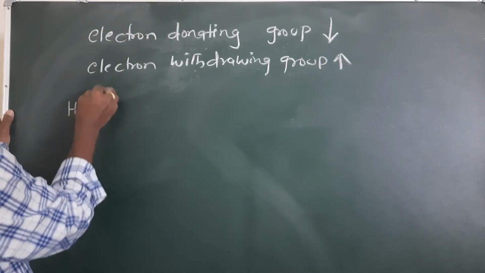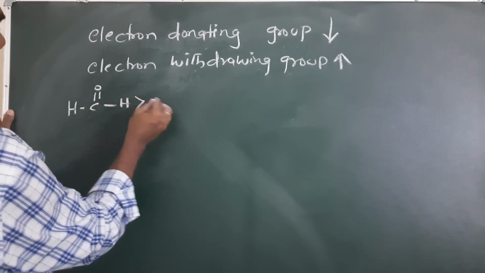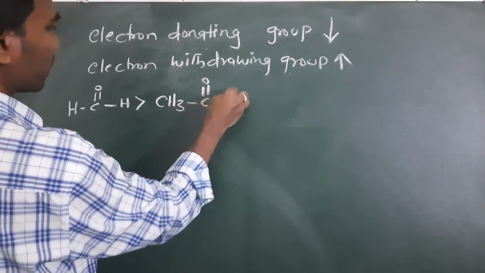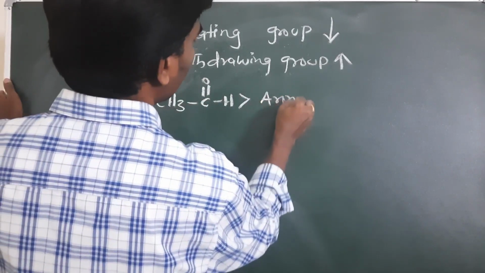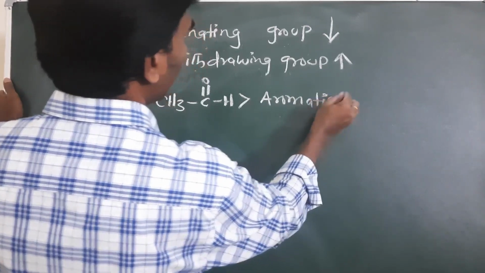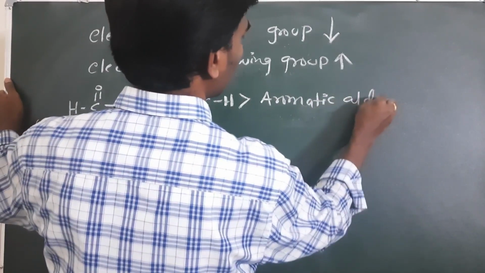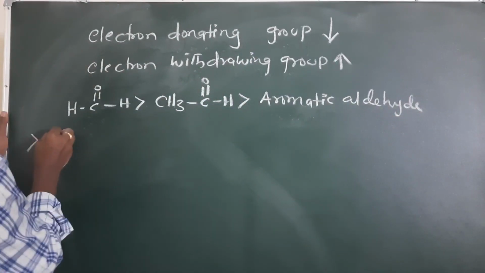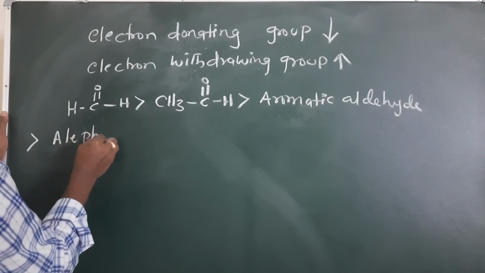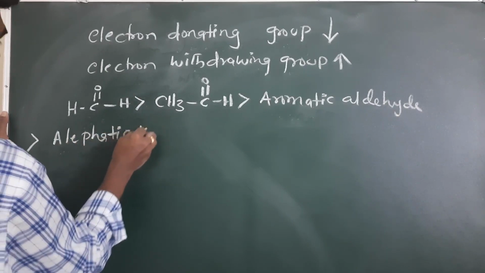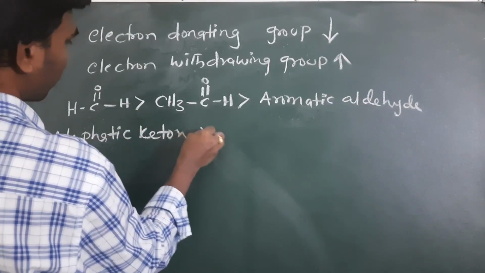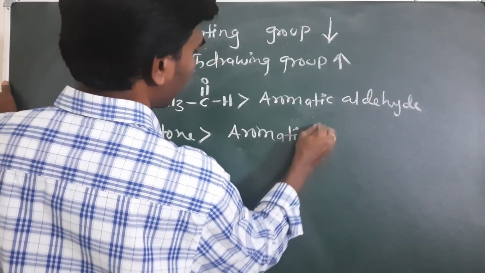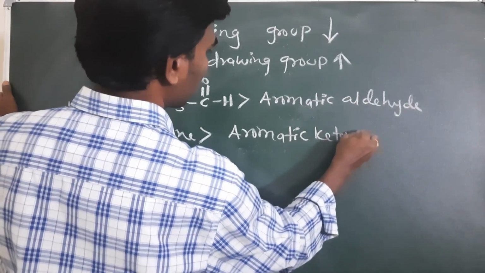First formaldehyde will come, after that acetaldehyde, CH3C=OH, then aromatic aldehyde, followed by aliphatic ketone, then aromatic ketone,